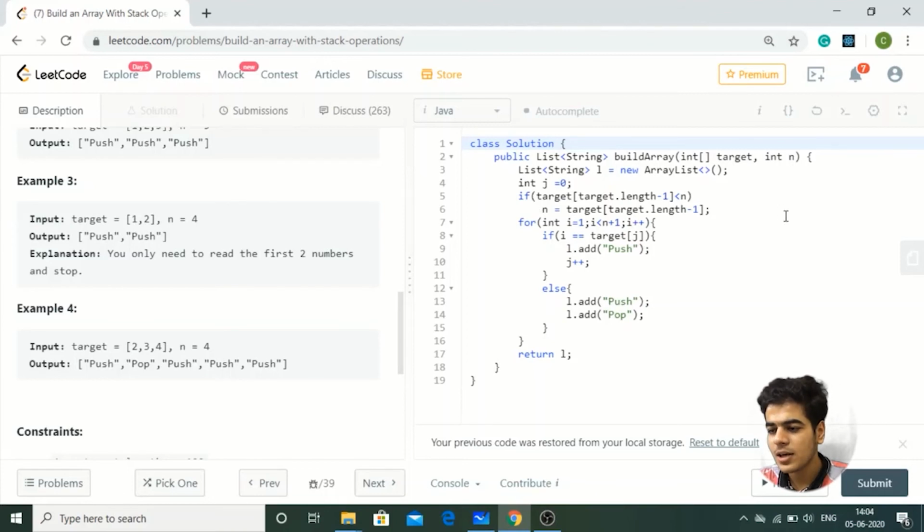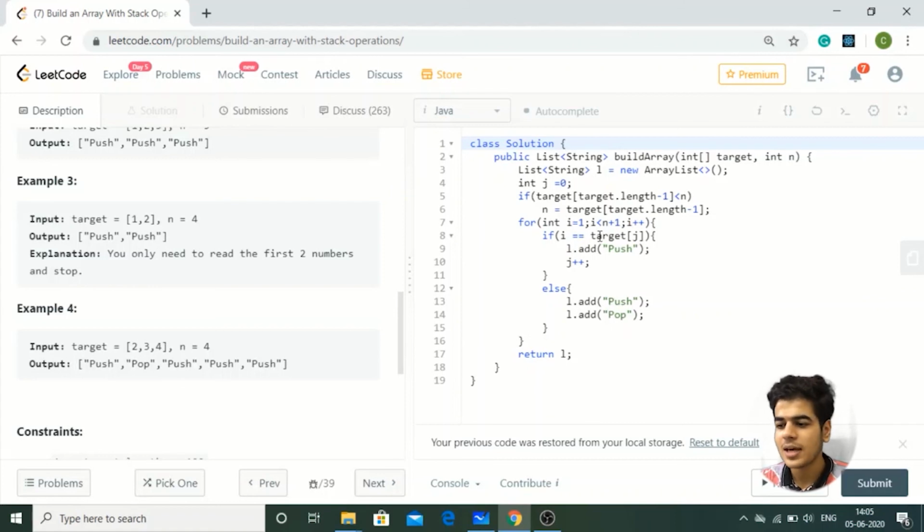Then as I told, I am going to use a for loop here, which will be starting from 1 to this number n, or what we declared in the if statement. Then I am going to check at each step whether i is equal to target[j] or not. Now comes j. Actually j is nothing but I am using j to access the elements of target array, and I am using the for loop variable i to iterate from 1 to n.